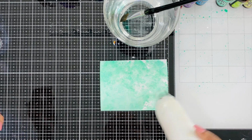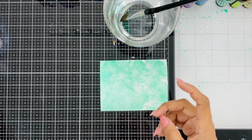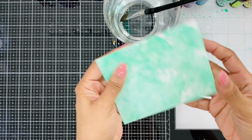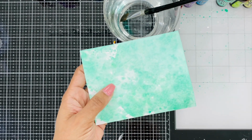I'm moving my gun around. I would generally, if I were just doing embossing, I wouldn't move the heat gun around as much, but I'm trying not to burn my paper or roast my color. So here we've got our start, and now this is where we're going to start creating more texture by adding